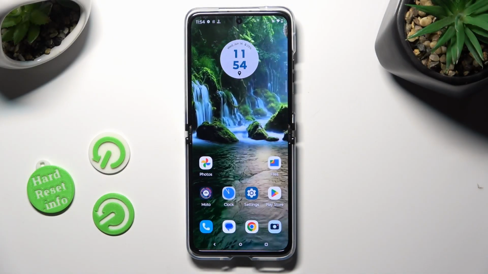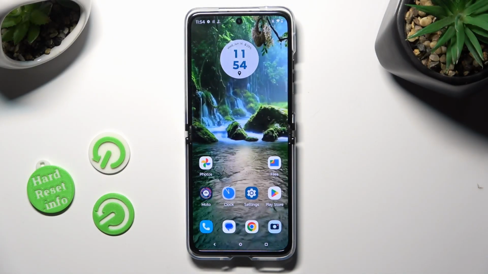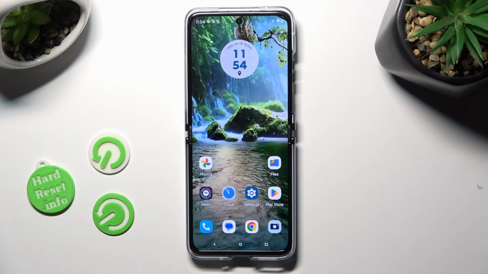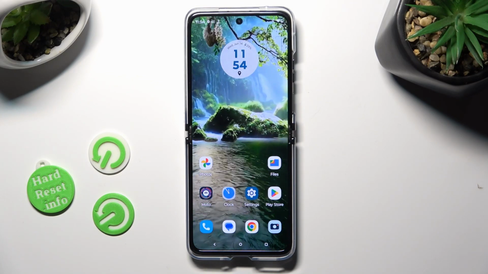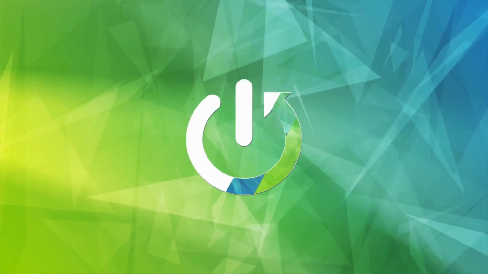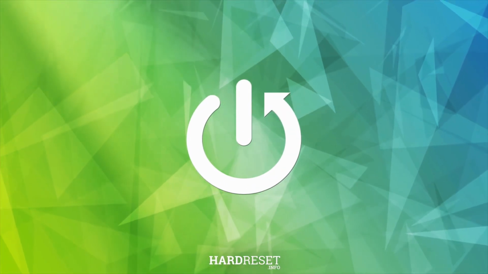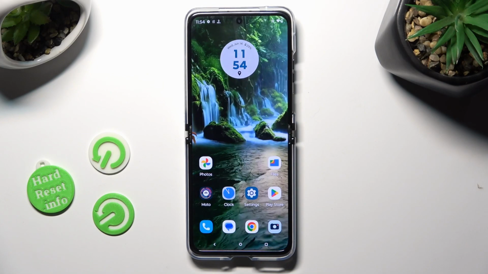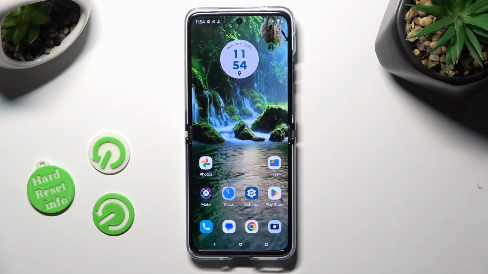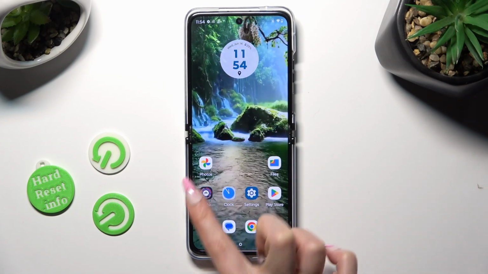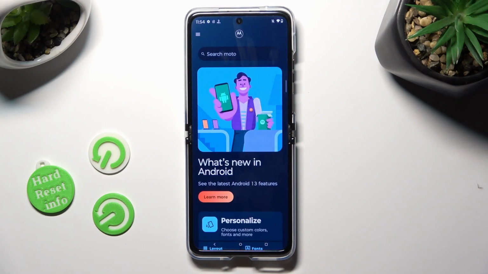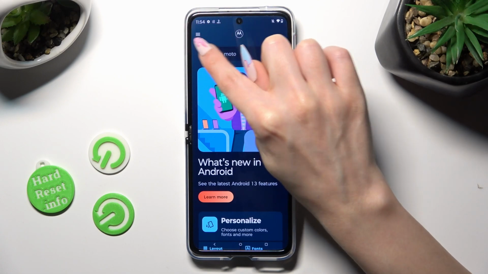In front of me is Motorola Razr 4G Ultra, and today I would like to show you how you can change font style. You need to begin by opening Moto app. Now select those three lines at the top left corner